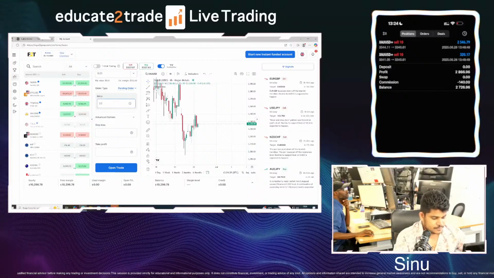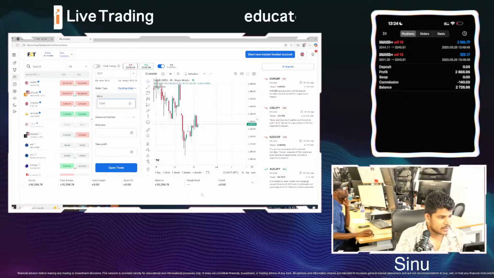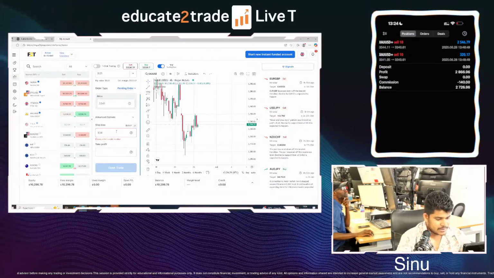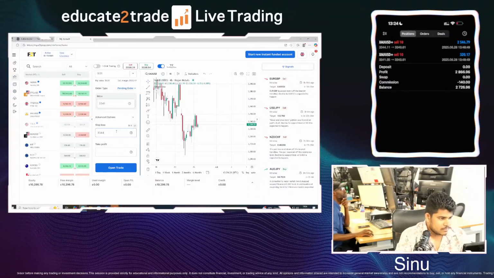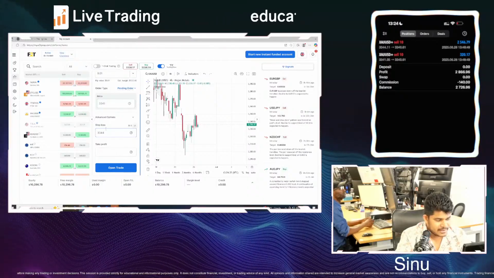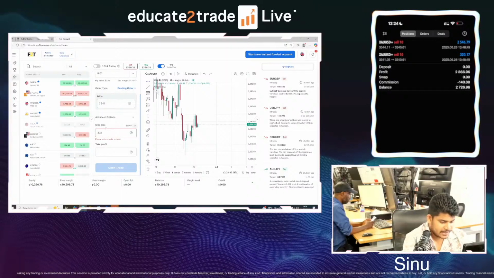Come on, excuse me guys. 3341. All right, I'm not going to hold this beyond 3344. We might get stopped out, but this is the tight stop which I want to keep. Let's see if we can keep 49 to 52,